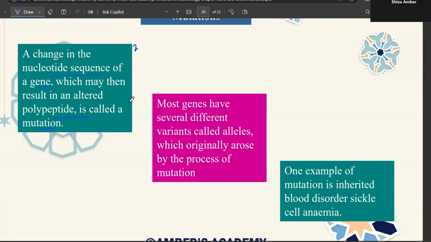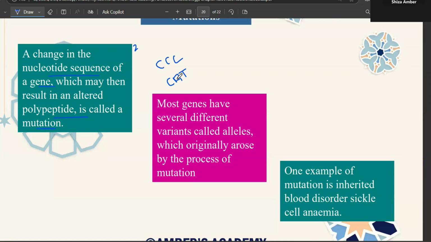Usually बच्चे इसको ऐसे याद रखते हैं that mutation is a spontaneous change in the nucleotide sequence. So you are now much aware of what exactly a nucleotide sequence is. But a spontaneous change यानी एनी बेस के अगर उसका CCC कोड बन रहा था, अचानक से वो हो गया है CAT, तो उसका मतलब है कि this is a spontaneous mutation, यानी अचानक कोई म्यूटेशन हुई है। तो उस म्यूटेशन की वजह से अगर C was coding for valine, तो CAT must be coding for some other amino acid, और जो amino acid आके लगना था उसकी जगह another amino acid has been attached. So this is known as mutation.